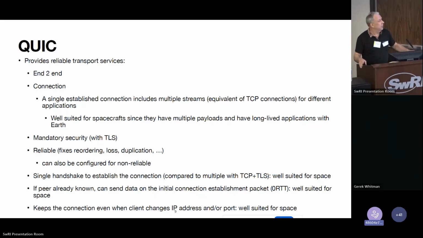It includes the security association, and when the reply comes back, the two peers have a security association using TLS, the most secure protocol, being verified everywhere. It provides reliability, as I said: reordering, loss, duplication. If the peer is already known, so if you have established a connection a while ago and, for whatever reason, you lost it, you can reestablish the connection, and at the same time as you establish it, you could actually send data with it. Why? Because they already have a security association between the two, therefore they can verify themselves. It's called zero RTT in QUIC.